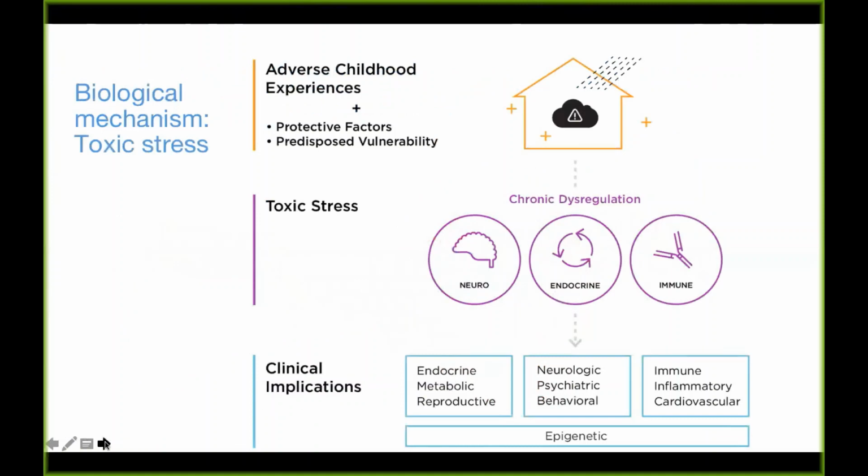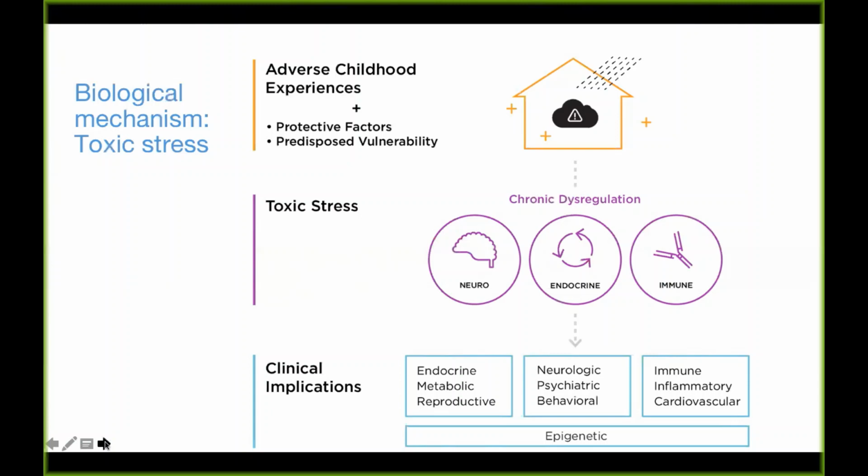So let's look a little closer at how toxic stress may impact the body. So this image outlines the multisystemic effects of toxic stress. The neurologic effects can include overactivity and difficulty turning off the stress response, increased fear response, impaired executive function, difficulty with learning and memory, and increased risky behaviors. The immunologic effects can include changes in inflammatory mediators and markers of inflammation, which can lead to increases in infections and chronic inflammation.